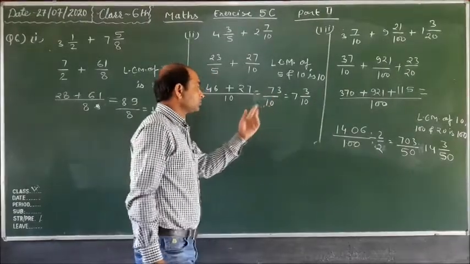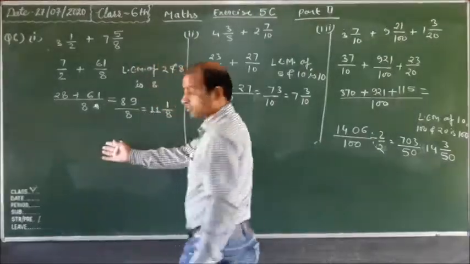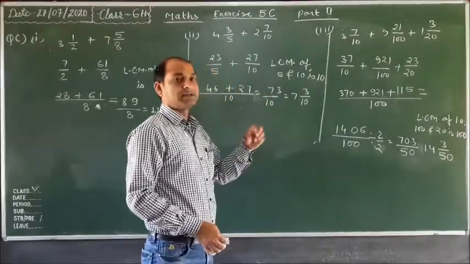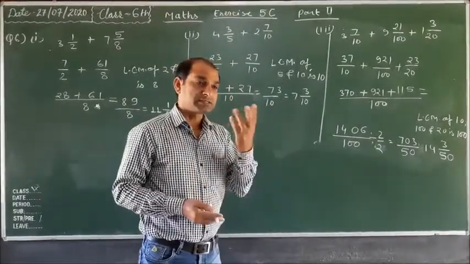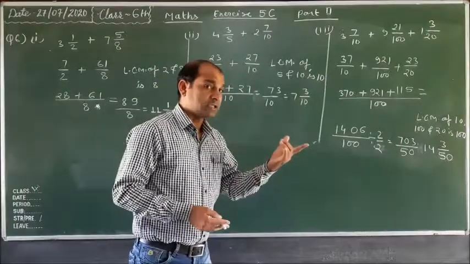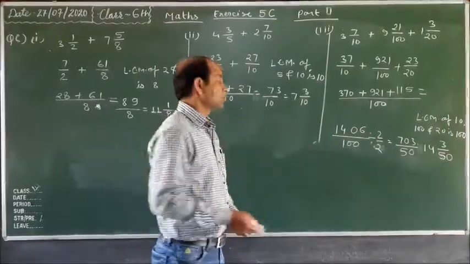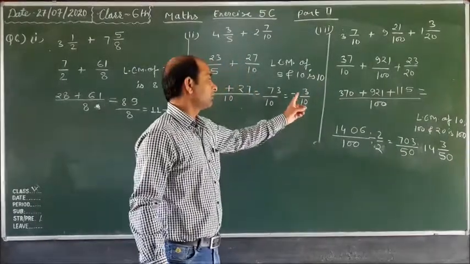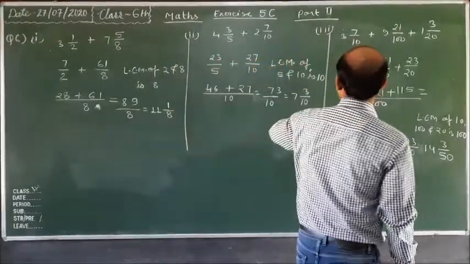So we change the improper fraction into a mixed fraction. Dear children, I told you how we change into the mixed fraction. So 73 divided by 10, 10 sevens are 70. So we used the 7 times table, which means 7 is your quotient. 73 minus 70, remainder is 3. So 7 over 3 upon 10, this is your denominator. This is your answer.